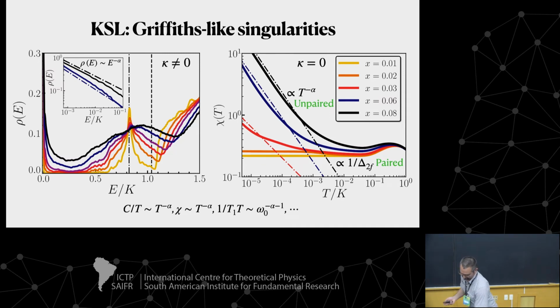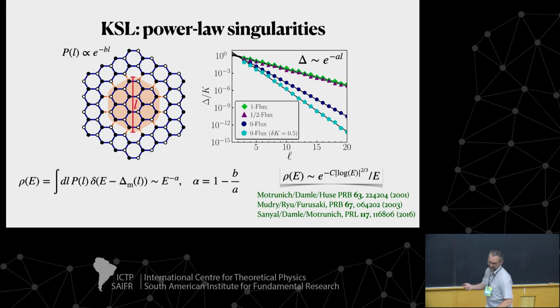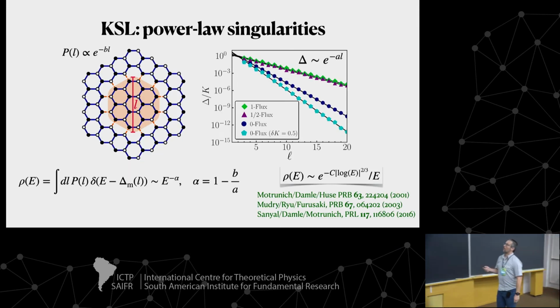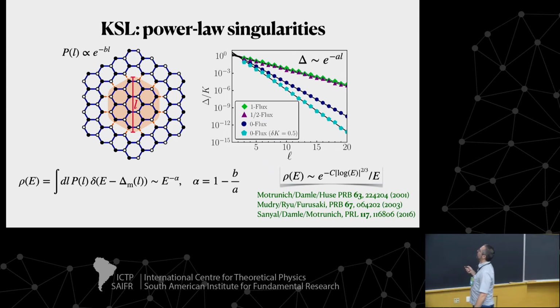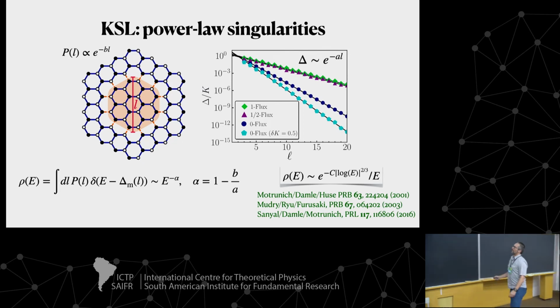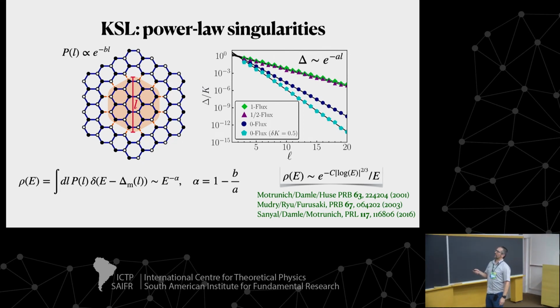It's just that you are in a phase which is essentially critical already. So that's how it comes about. We can produce Griffiths-like arguments. I mean, how can we generate a power law distribution of density of states? Well, we can do the usual argument. Let's pick a region where you put vacancies on all its surroundings. The probability of finding such a region is exponentially small in its perimeter because you dilute along its boundary. Then you can pick, let's say, a small system size with open boundary conditions and